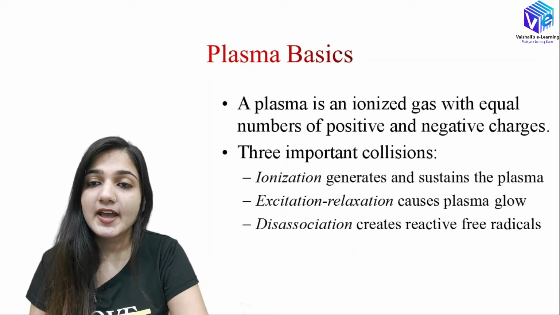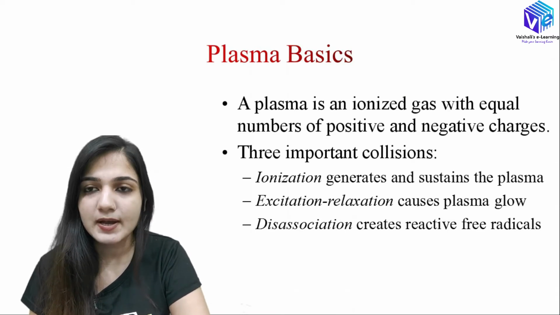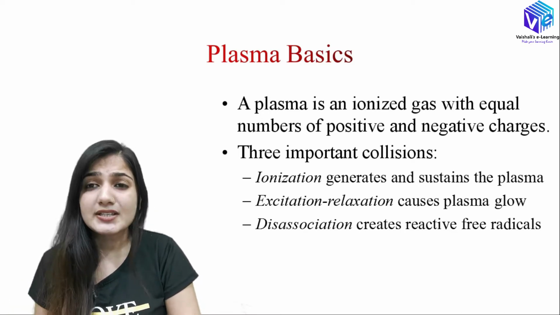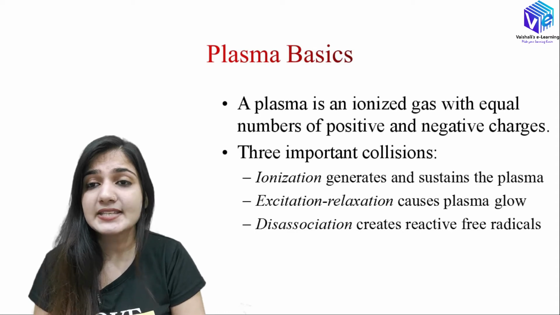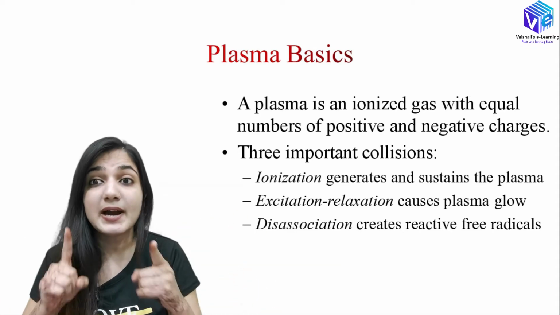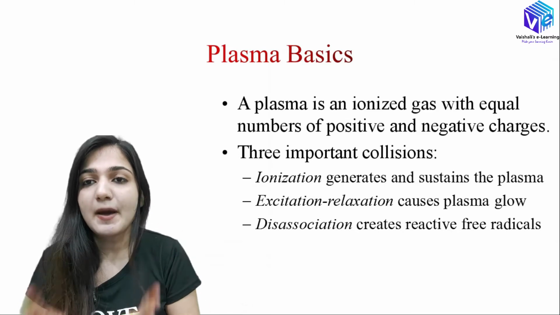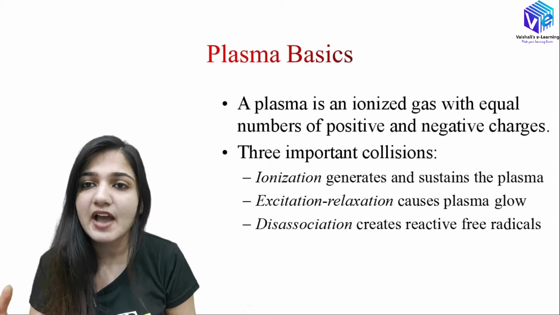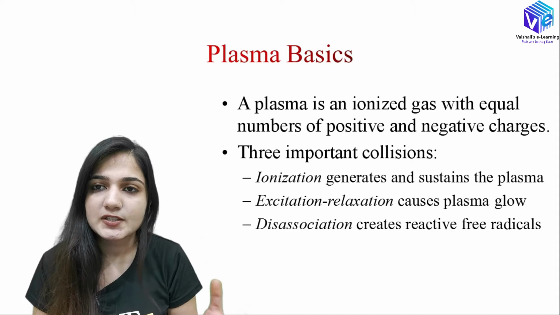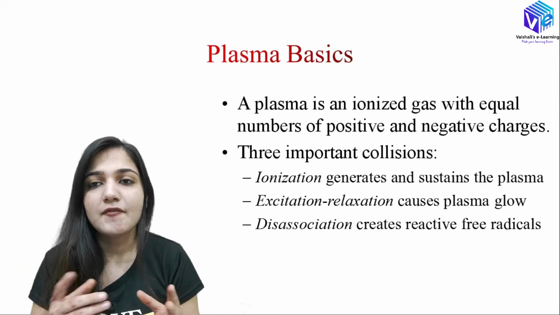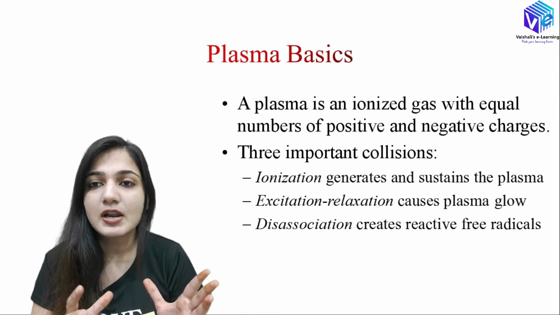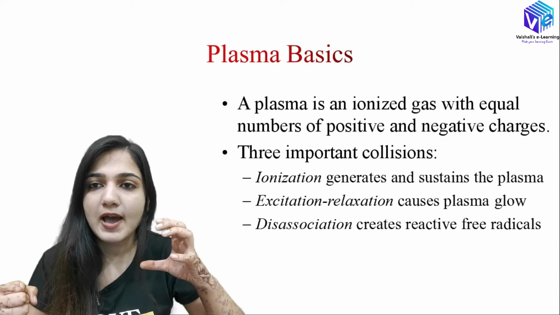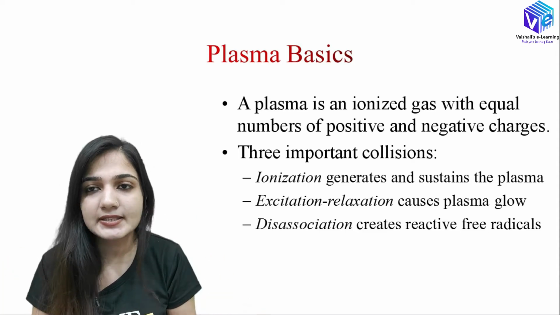Now coming to the plasma, as I have already told you, we are using the plasma in the dry etching. We are not using any chemicals, we are using plasma here. So what is plasma? First of all, plasma is an ionized gas. Here we have ions, containing an equal number of positive and negative charges. In the case of negative charges, I have just electrons. In the case of positive ions, I have full ions in the gas with the positive charge. From the full atoms or molecules, an electron is removed. This electron and the positive ion will be acting as the plasma.